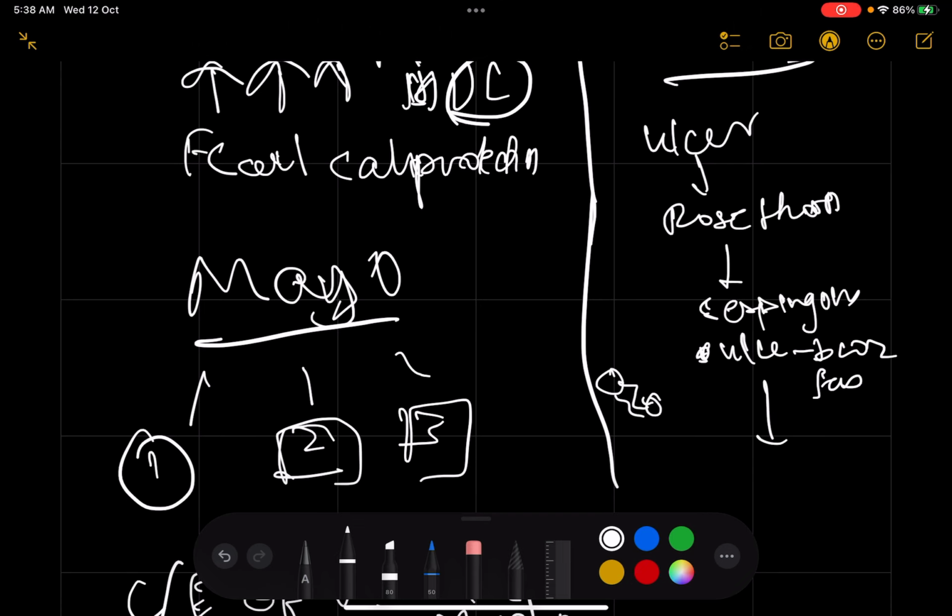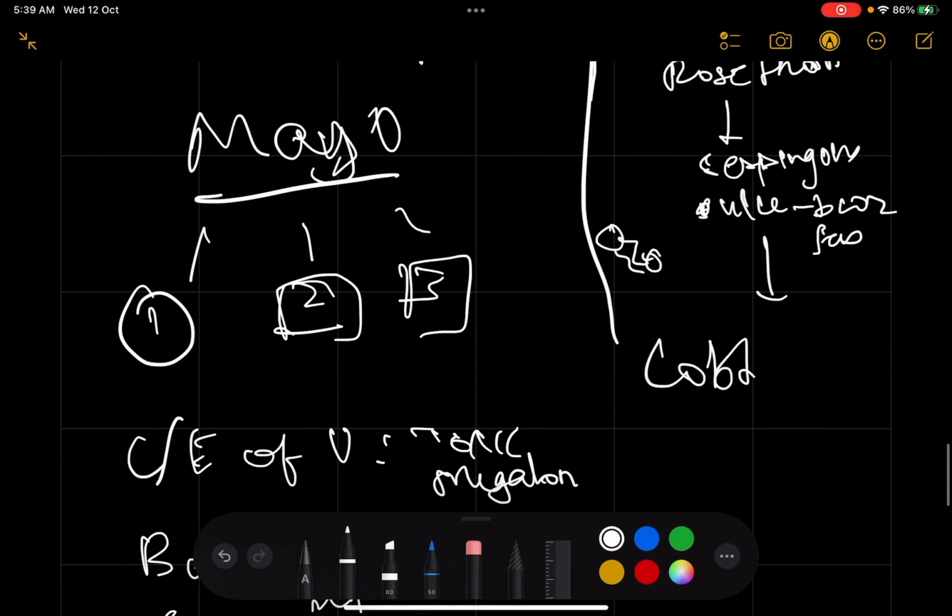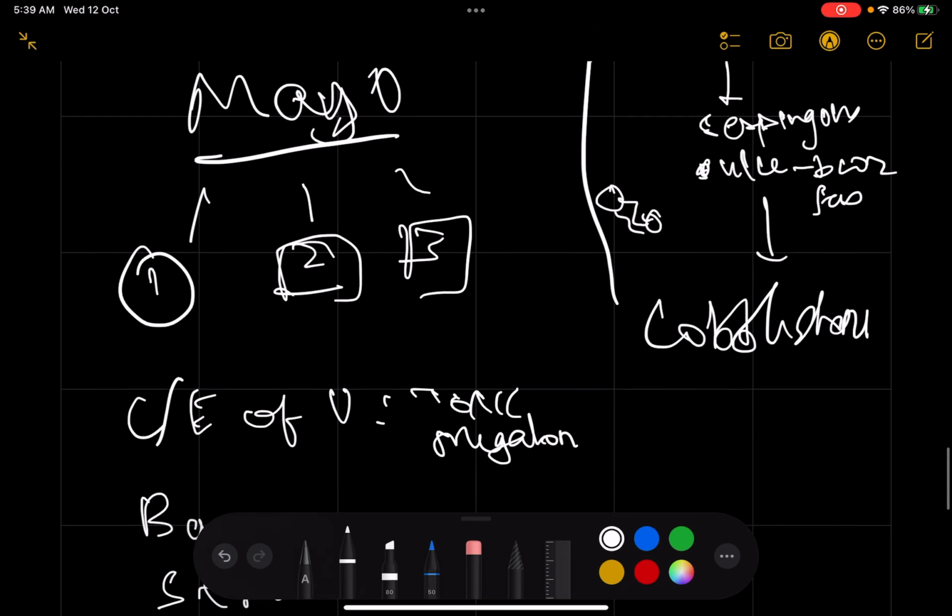There's nothing very difficult. And then you have a cobblestone pattern. Just remember that there was a cobblestone pattern. And there's something on X-ray. On X-ray, what you can see on radiology is a rose thorn sign, where you can actually see the transmural ulcers. You can also see a very important target appearance, where there's a lot of thickening of the colonic wall,